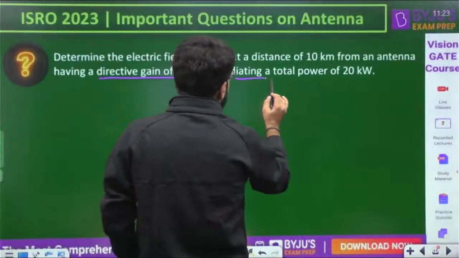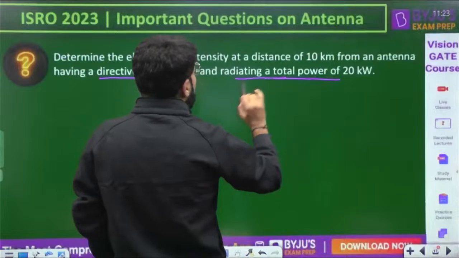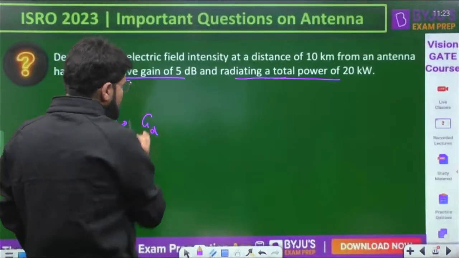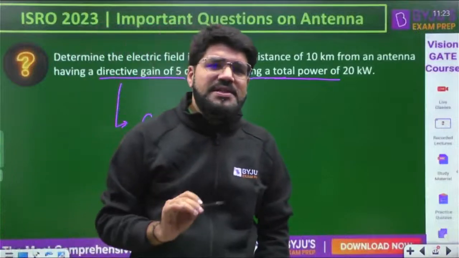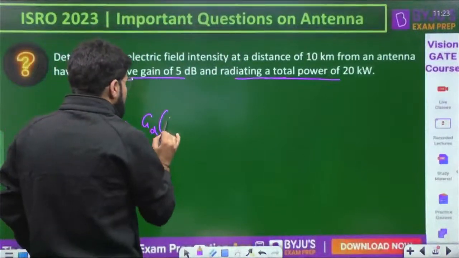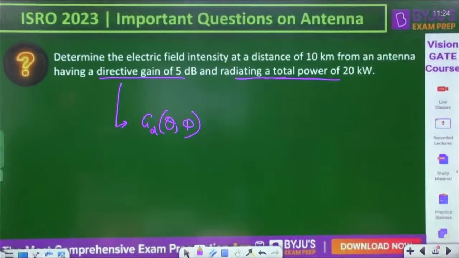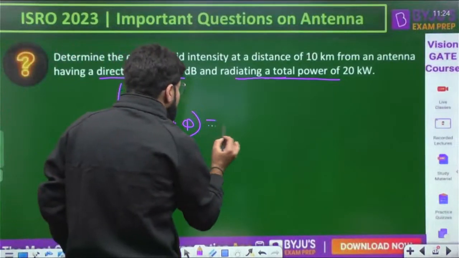Radiating a total power P rad is given here. Distance is given to be 10 km. Now what is the directive gain? But what is the basic formula for the directive gain? Let us revise this very important formula. GD theta phi. What is this GD theta phi? The GD theta phi is given by